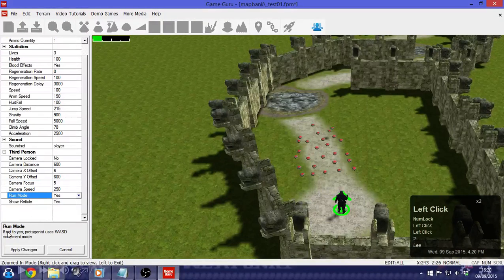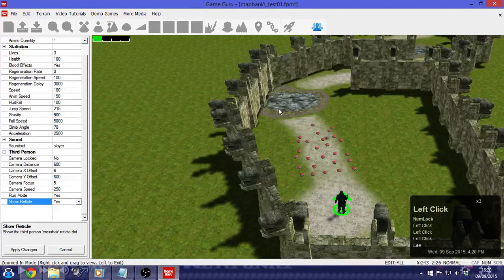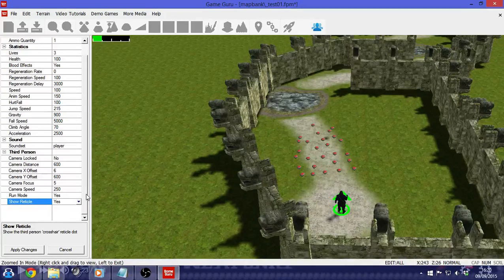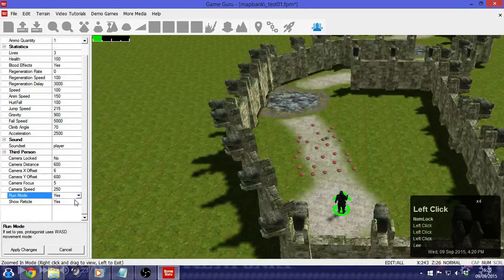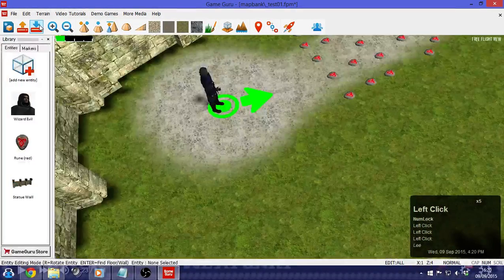Run mode. If you set to yes, the protagonist uses wasted movement mode. Now, it's very subtle that, but I can show you what that means. And reticule is that little crosshair on the screen. You can have that displayed or not displayed. Some people don't like it, so you can hide that one. So I'll just show you the camera speed first, and then we'll come back and have a look at run mode. So if I click apply changes, and of course save,